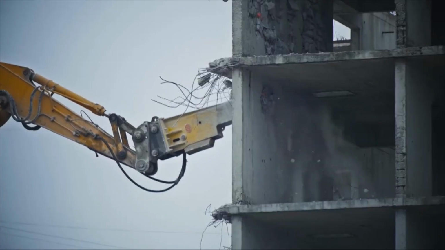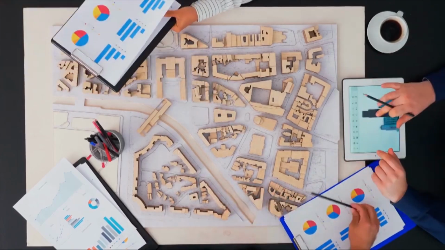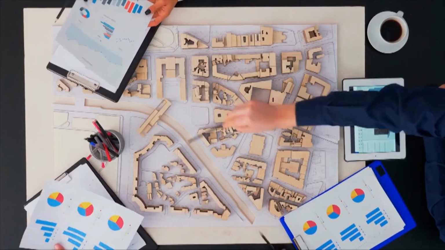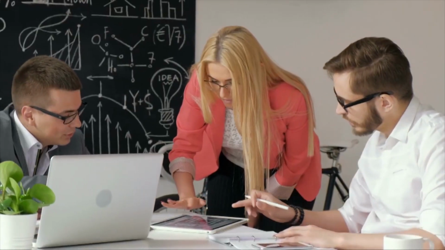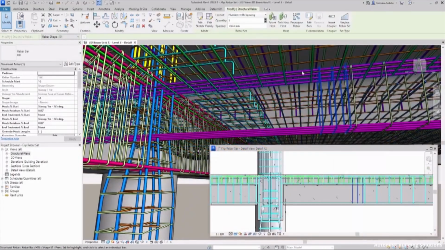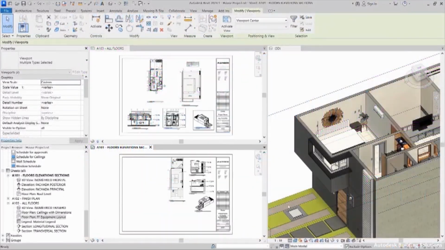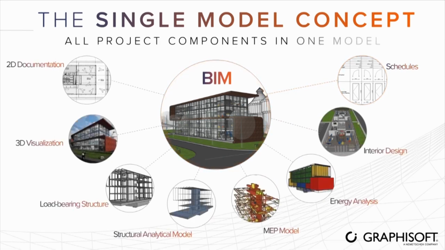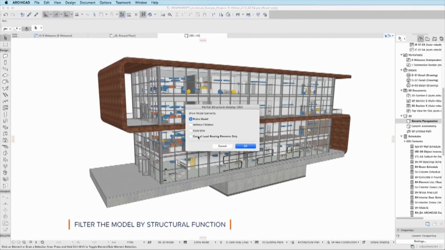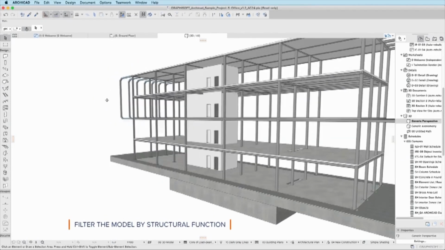Let's find out. Building information modeling is a revolutionary process that involves the creation and management of digital representations of physical and functional characteristics of places. This approach has transformed the architecture, engineering, and construction (AEC) industries, providing an integrated platform for planning, designing, constructing, and managing buildings and infrastructure. This video delves into the intricacies of BIM, exploring its history, key components, benefits, challenges, and